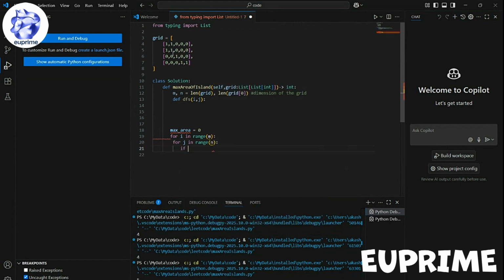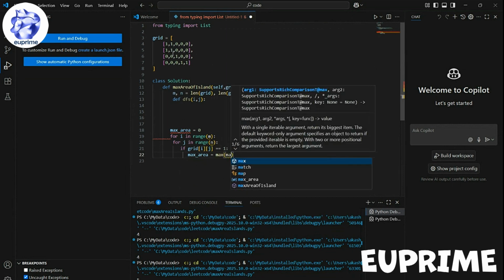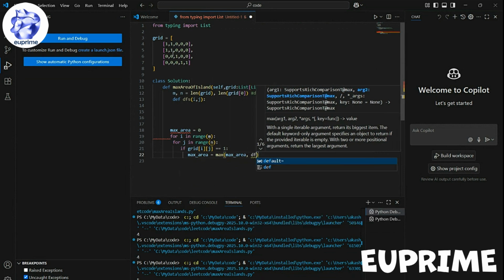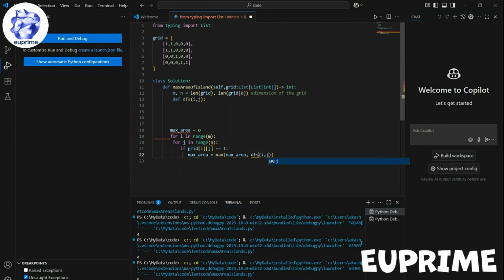We basically search whether the grid element is equal to 1. If it is equal to 1, then you update the max area. And how do you do it? Every time you encounter an island, you take the max of all the previous encounters of the island. And if this is true,